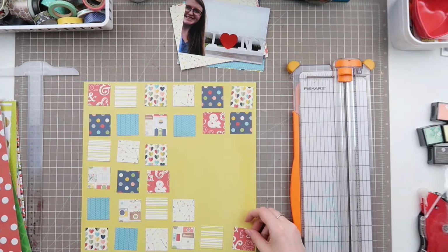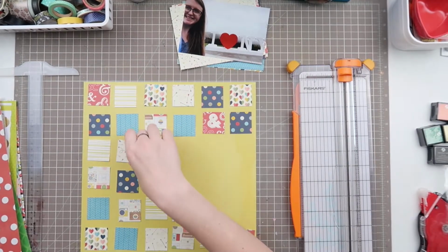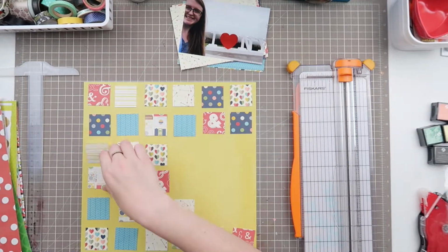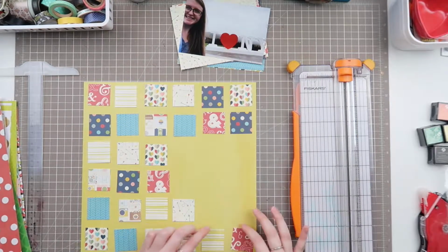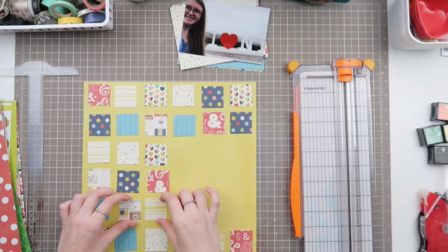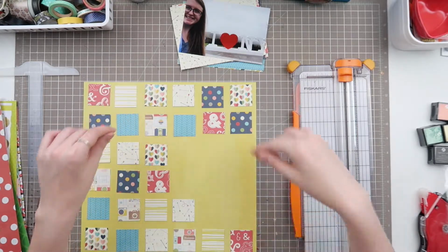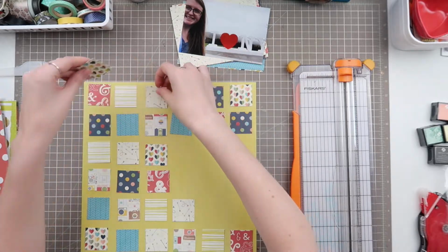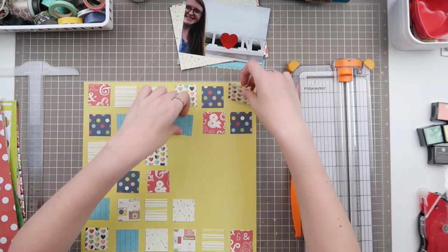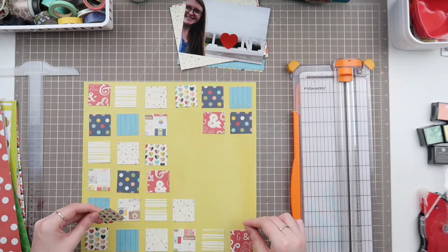Since this one's so isolated, let's see, this row's pretty fine. I don't mind that there's doubles in a row. Obviously that can happen. I think the biggest problem here is going to be laying them down. Now I'm not huge on making sure everything's absolutely perfectly straight, so I'm not too worried about it, but I am worried that I'm not going to... I'm going to switch these two, and then